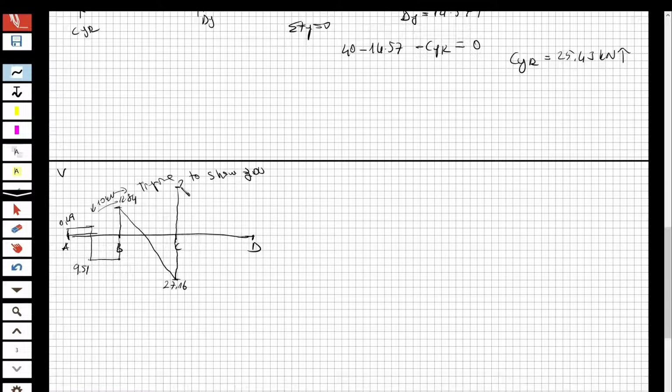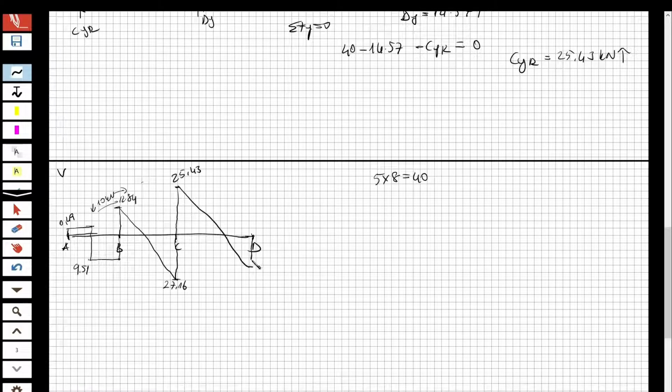Yeah, for example, 25.43. One second. I guess you saw what I wrote here, so I'm going to delete it. 25.43. I've reached that point, and then I'm going to decrease again by the amount of the distributed load. Distributed load: 5 multiplied by 8 is 40. Okay, I'm going to decrease by this amount, and I'm going to reach